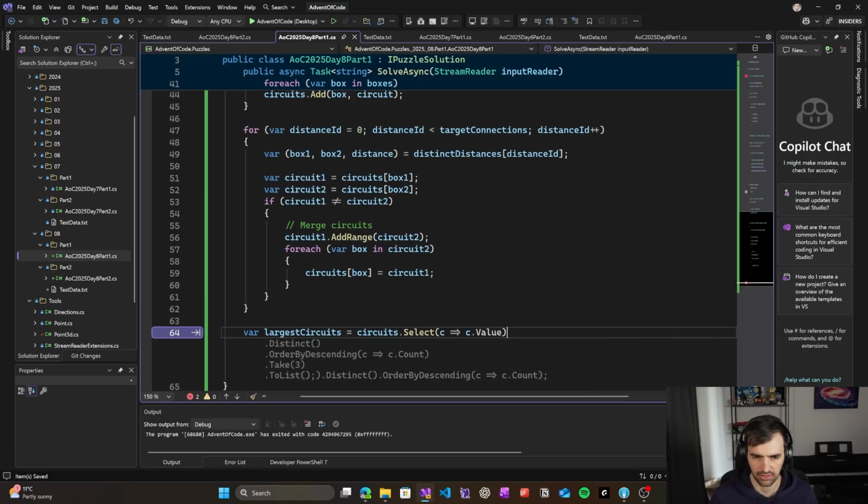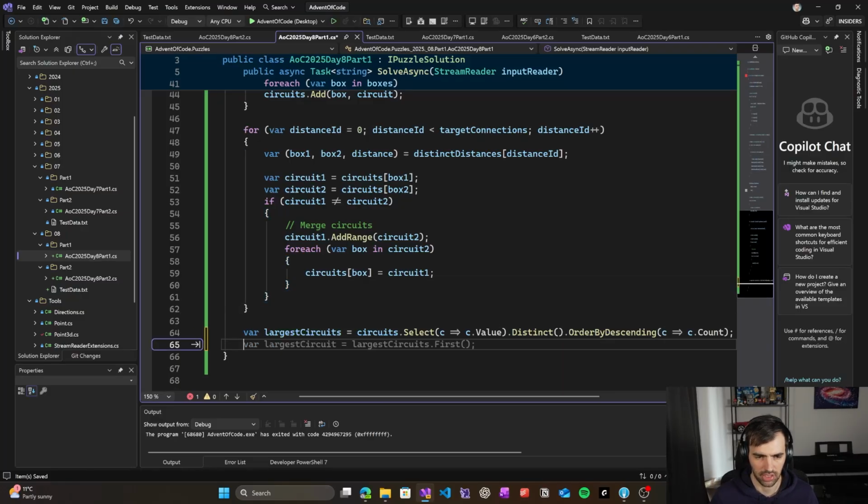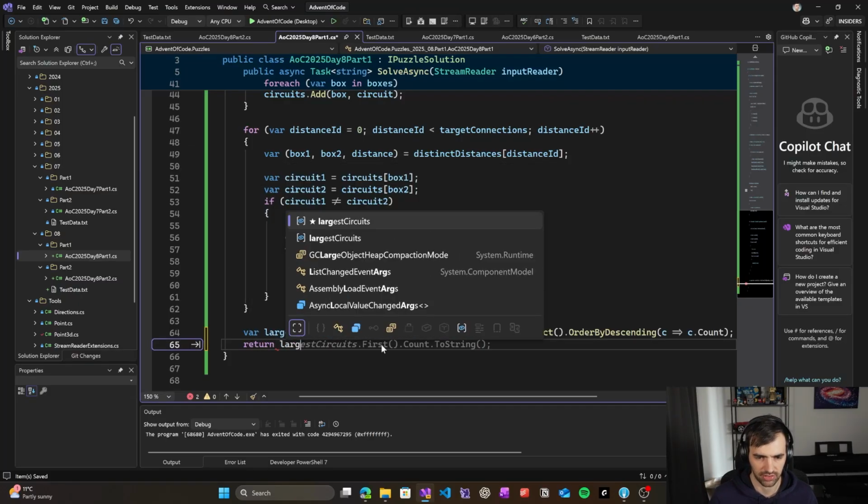We order by descending size, and now we take just the first 3. So we'll return largest circuits